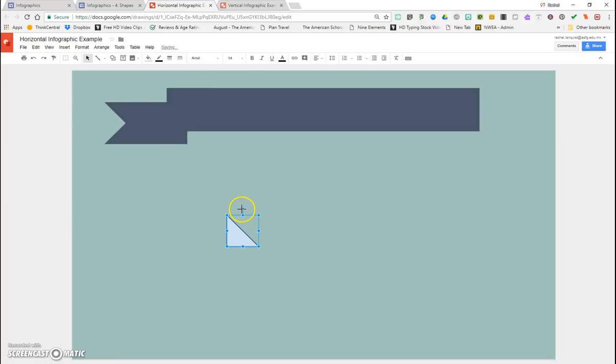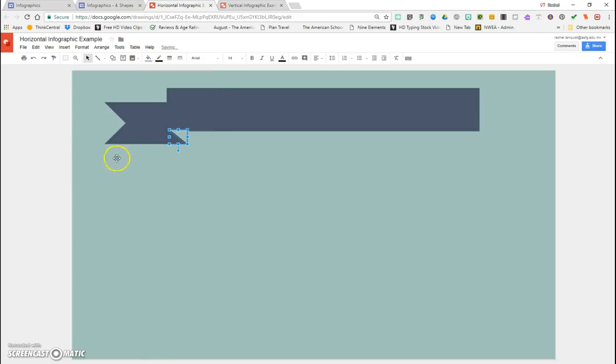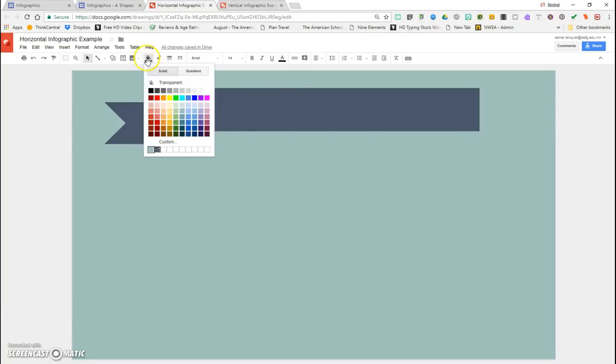Now again, I'm going to have to turn this around. And I kind of want that space that's right here, if I look at an imaginary line, to make the imaginary end of that line come right here in this corner. In this one, I can make it a different color, like a lighter green. But again, that's going to blend in with this, so we don't want that. So what I've done is I've chosen the gray, but now if I go to the bucket